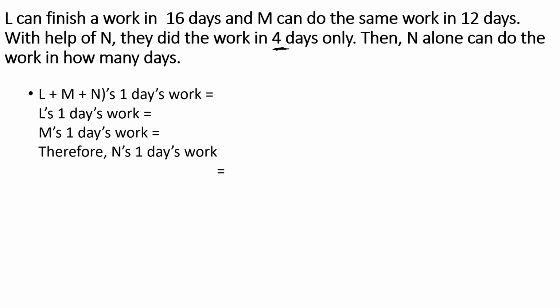So since they take 4 days to finish the work, work done in 1 day will be 1 by 4. So 1 by 4, you can convert into decimal here. So 1 by 4 will be 0.25. Now L alone can do the work in 16 days. So his work done in 1 day will be 1 by 16. So 1 by 16 is 0.0625. Now M's 1 day work, he takes 12 days. So 1 by 12. So 1 by 12 is